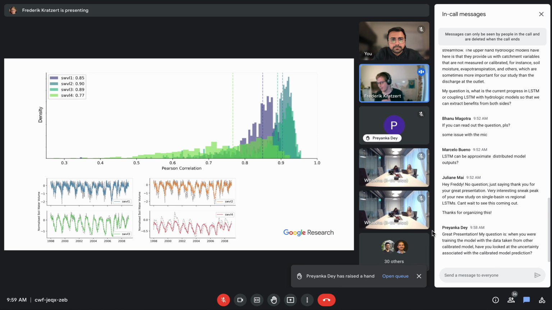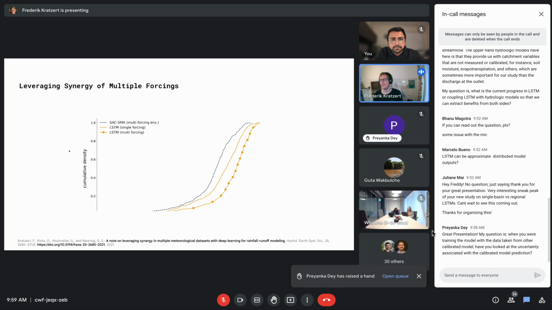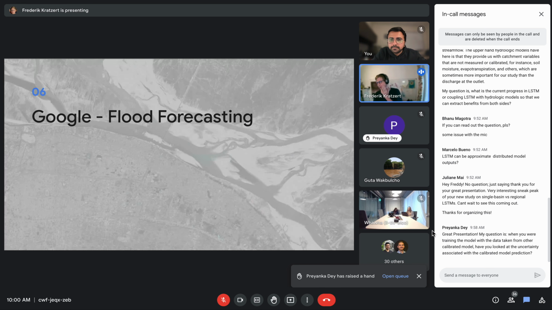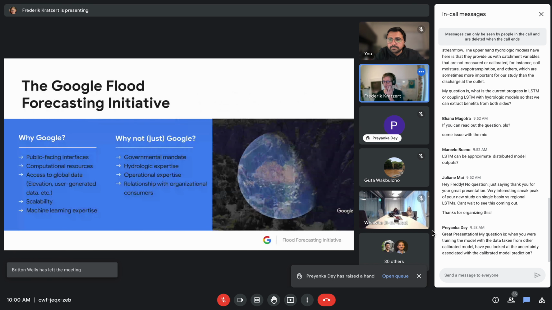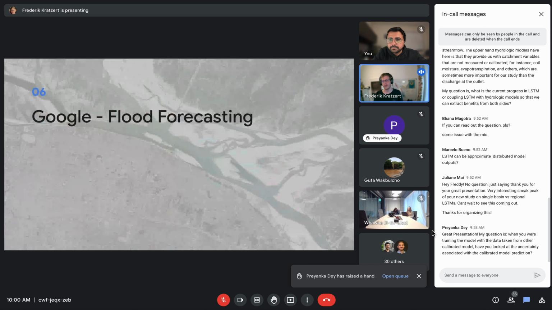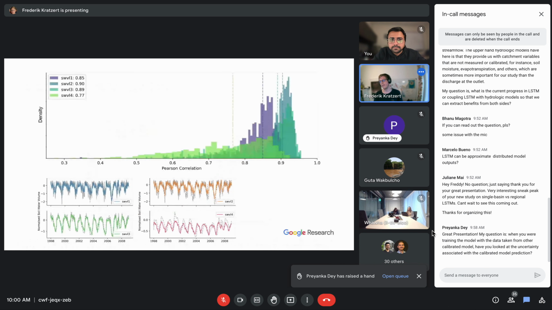Excellent question. What you can actually do with these models is, instead of just regressing and predicting the discharge value, you can predict a probability distribution.